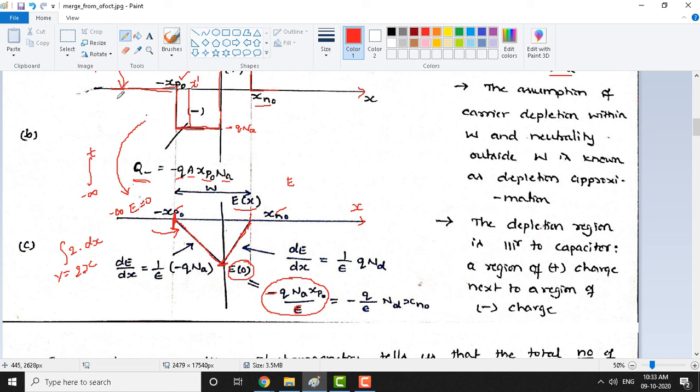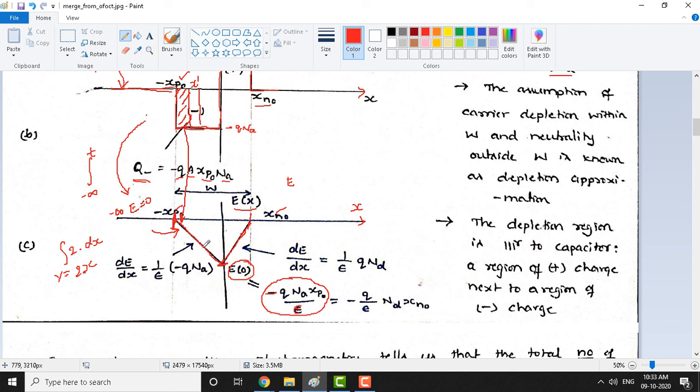Now if I integrate from minus infinity to x dash, see this elemental area, this distance is constant. So the integration of this constant gives you some function, some value here, which is a linear function. And slowly, if you expand this piecewise area to the middle of the junction, your linear function keeps increasing.